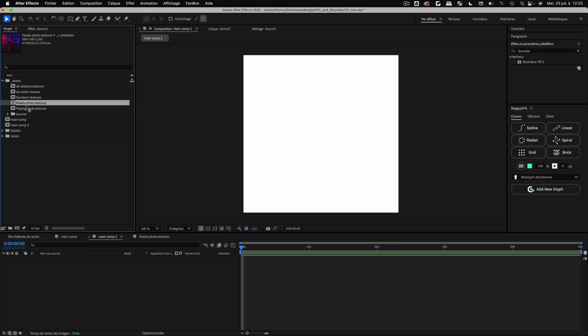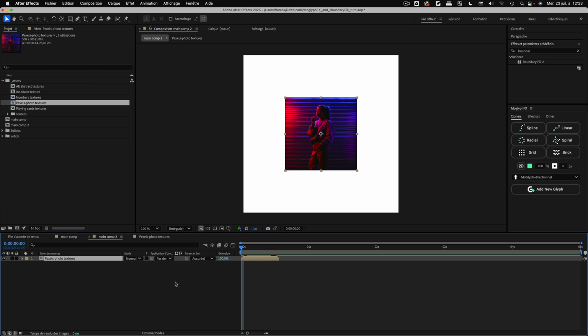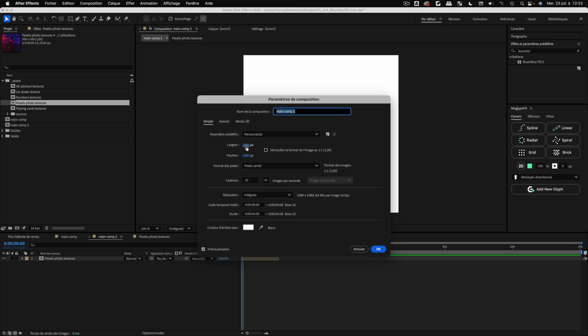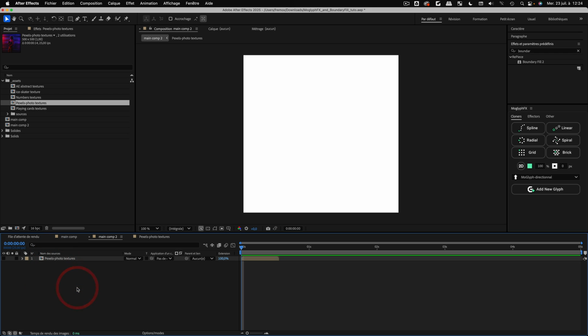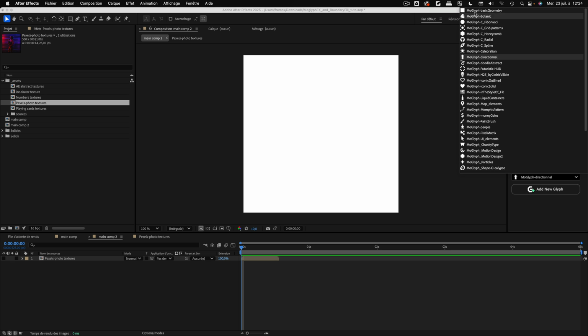And I will drag this pre-composition inside a bigger composition, which is exactly 1080 pixels wide and tall. And again, very important, it will be 25 as the frame rate, because I need a frame rate that allows me to have a finite frame duration. I will hide this pre-comp for now, and don't forget to go back to Moglyph basic geometry,